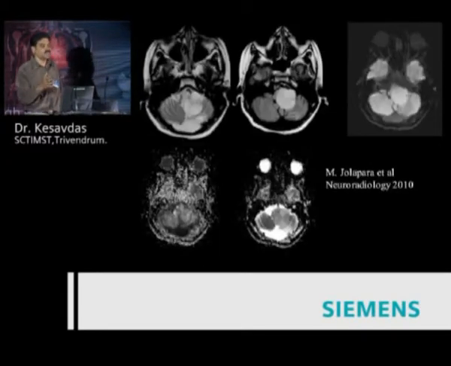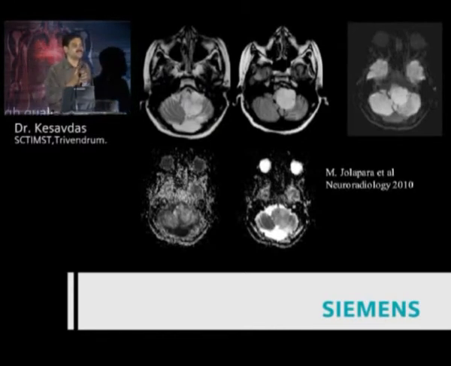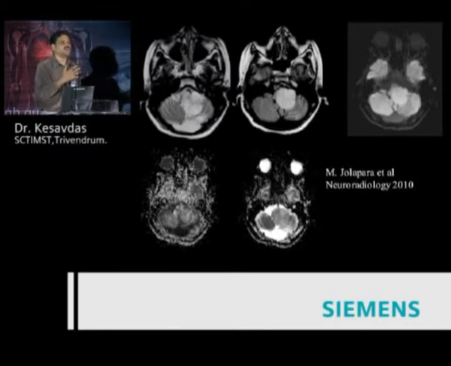We took the same information into glioma. What happens in a low-grade glioma? A low-grade glioma has a lot of tissue around, but the number of cells is very low. So naturally, there won't be any directionality within because the cells are just moving around in different directions. But our hypothesis was that if that is so, a high-grade lesion with a lot of cells should have a high FA value. And we did a study in differentiating between a high-grade glioma and a low-grade glioma.